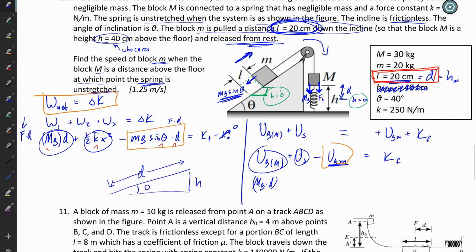So we've got the angle here. d sine theta would be that height. So this expression becomes little m times g times d sine theta, which, if we rearrange it, mg sine theta times d